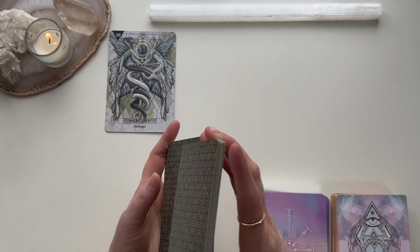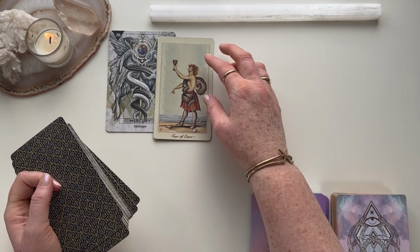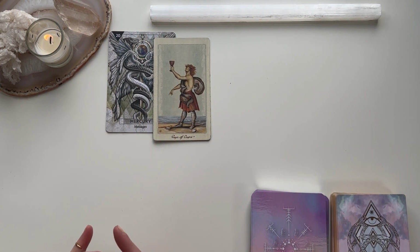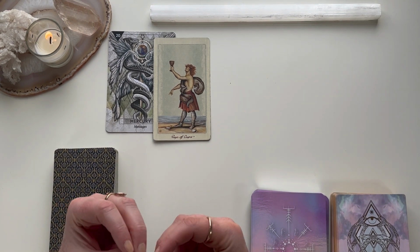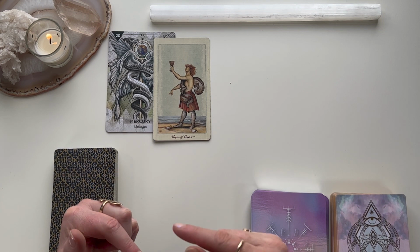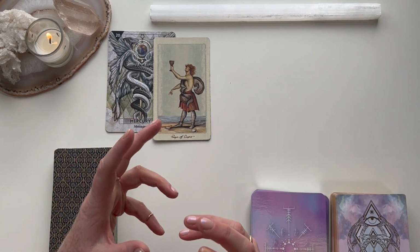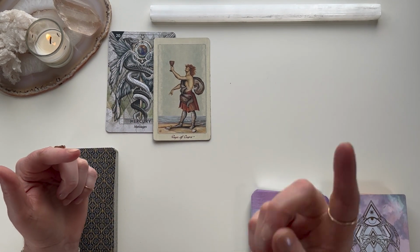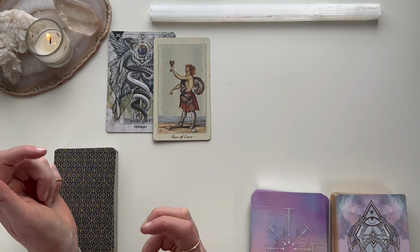Let's get a little bit of context and confirmation here. Page of Cups. So sort of like in dreamer phase right now, especially in the emotional realm. So it may be your heart being the thing that's sparking your mind, there's some emotion, something in your heart, whether it's relational or just creative. There's something that's sparking your mind to be a little bit spinny right now. And that dreamy energy is fine. It's just needing to find a way to